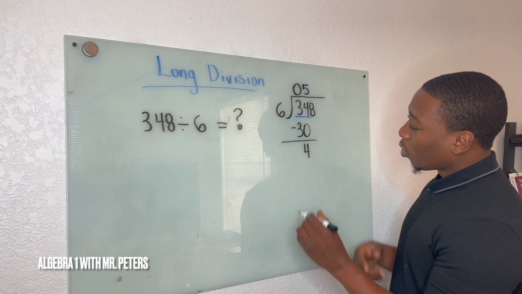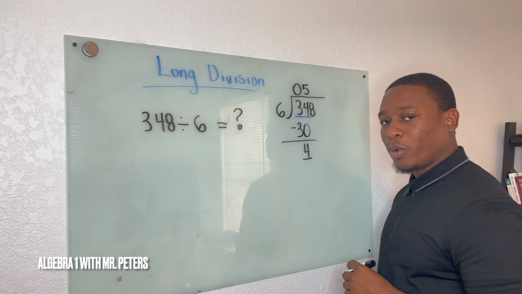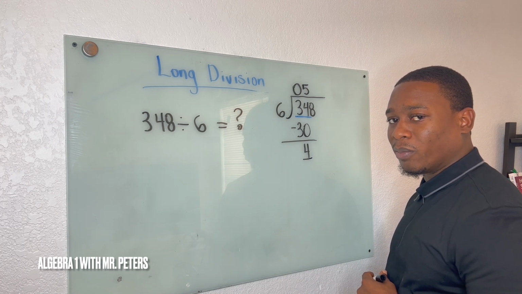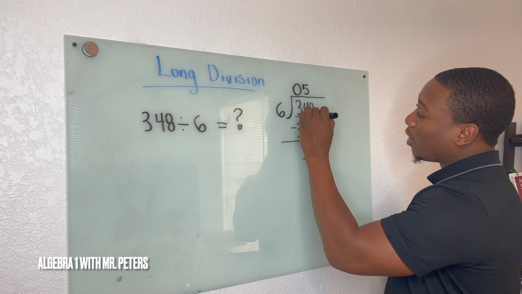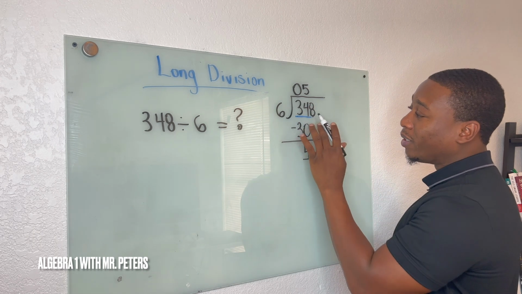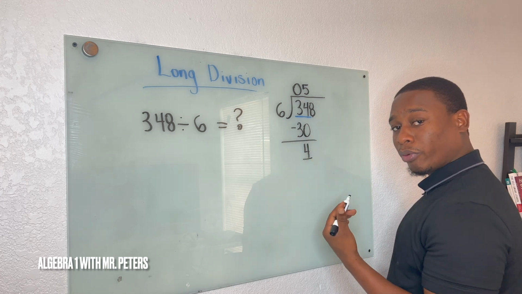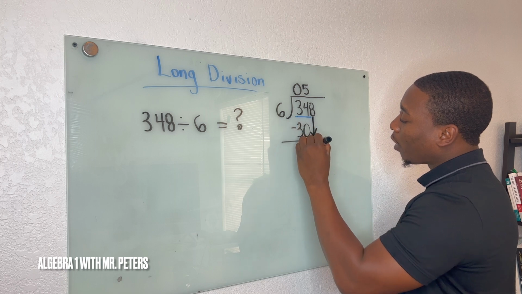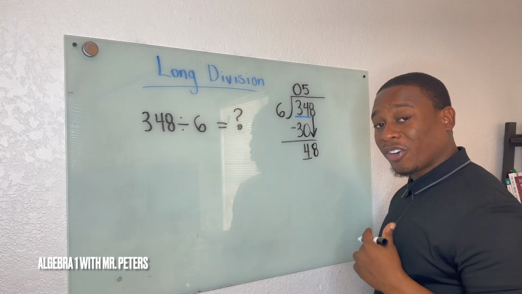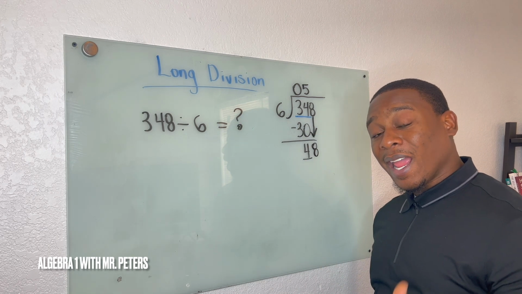So remember, we can't divide 4 by 6 and get a whole number. Nope, can't do it. So the next thing for us to do is to pay attention to any more digits, if we have any more numbers to bring down. So I have 8, we're gonna bring it down, and now my 4 turns into 48, and now we could